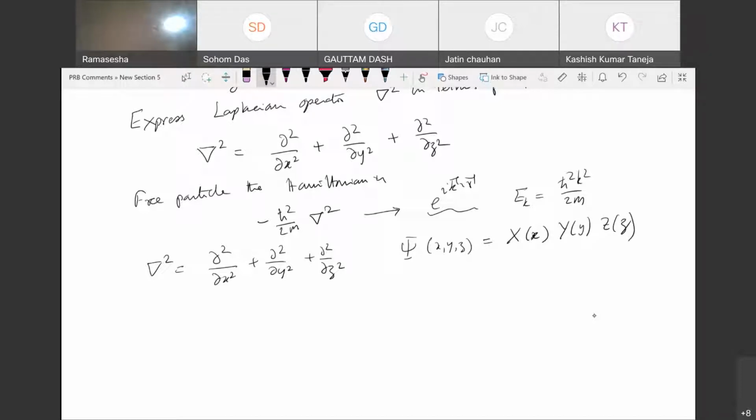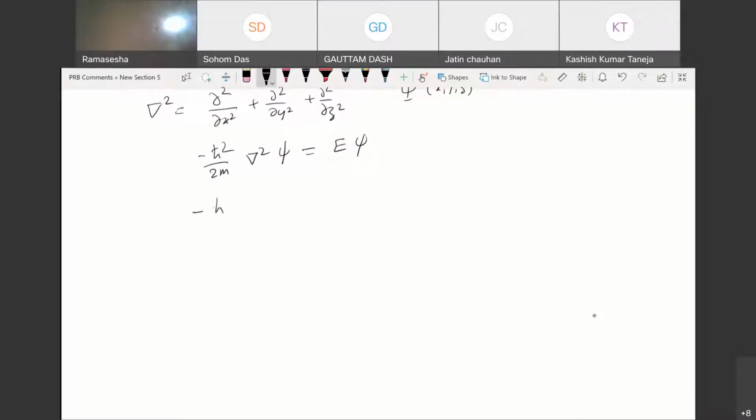And when I do this, I see that the equation for psi will break down into the following: minus h cross squared by 2m del squared by del x squared of X of x is equal to Ex times X of x, and so X of x would be nothing but e to the i kx times x, and Ex is equal to h cross squared kx squared by 2m. Okay, and similarly I'll get